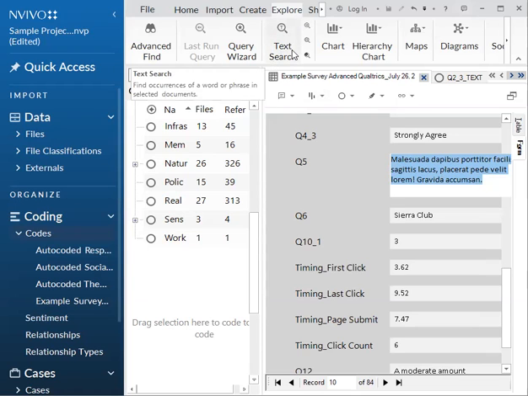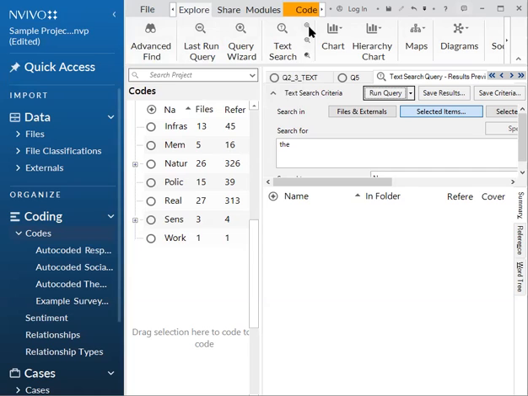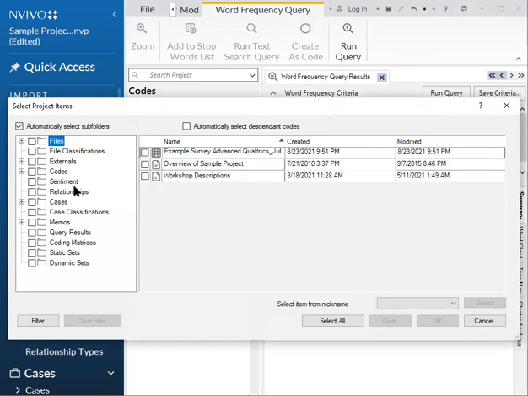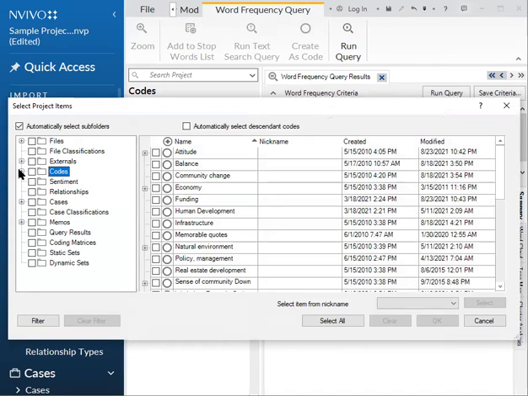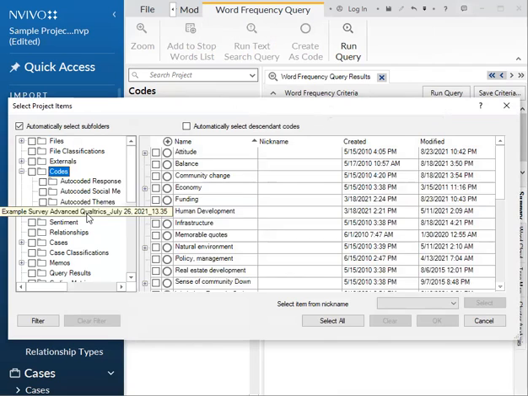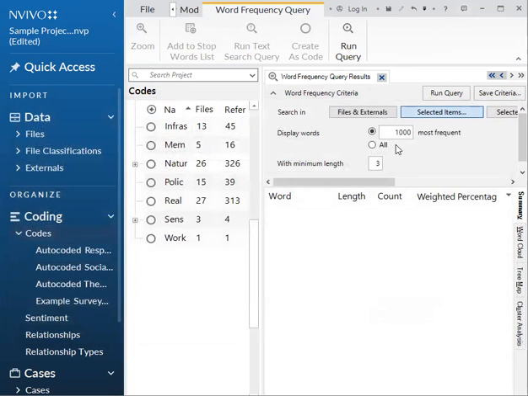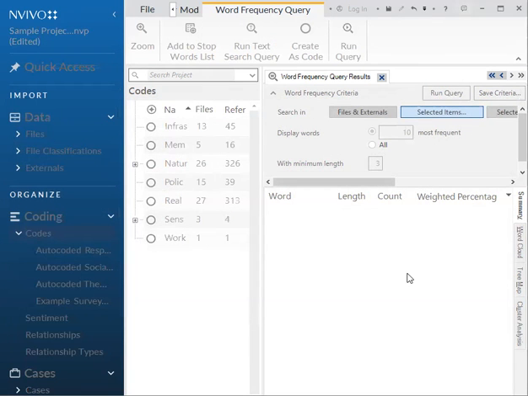We're going to do word frequencies right here, and we're going to do the same thing. We're going to select items, and we're going to go back to codes and expand it and go to our example survey, and then just hit question 5. All right. And let's go with the 10 most frequently used words and run that query.